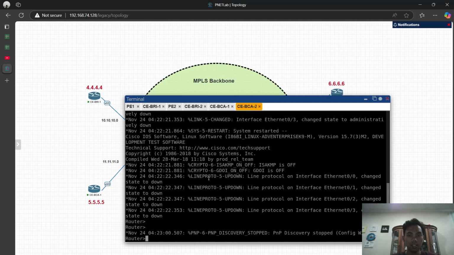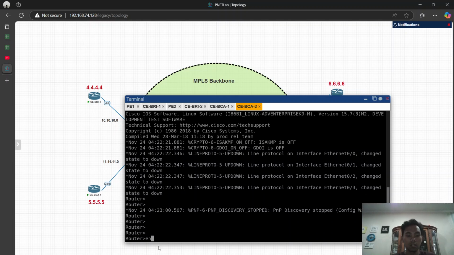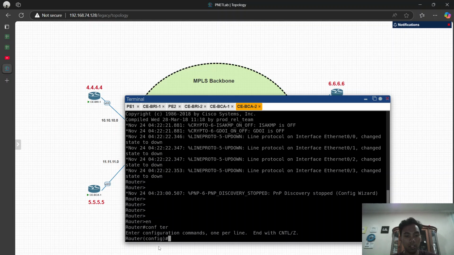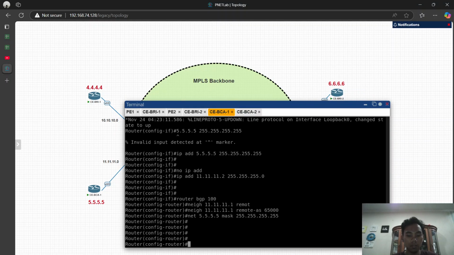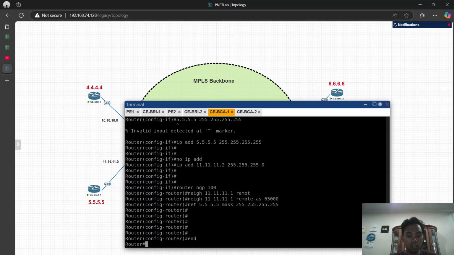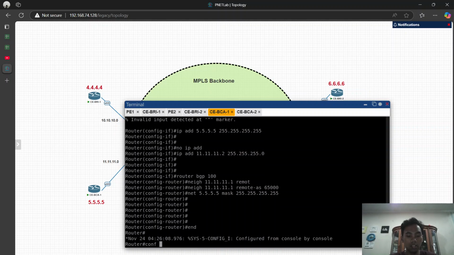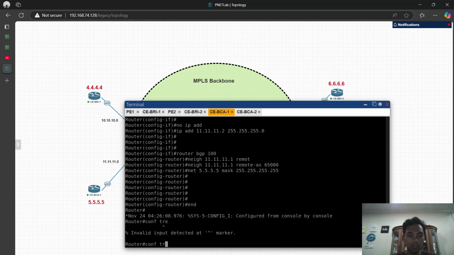Okay, so in CABCA2, enable, configure terminal. Before that, in the CABCA1 I forgot to change the name, so I'm gonna change the name first.